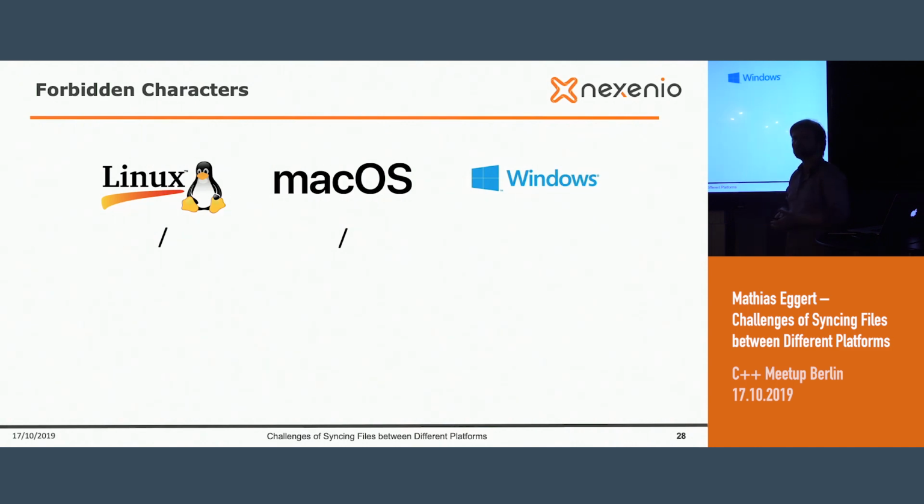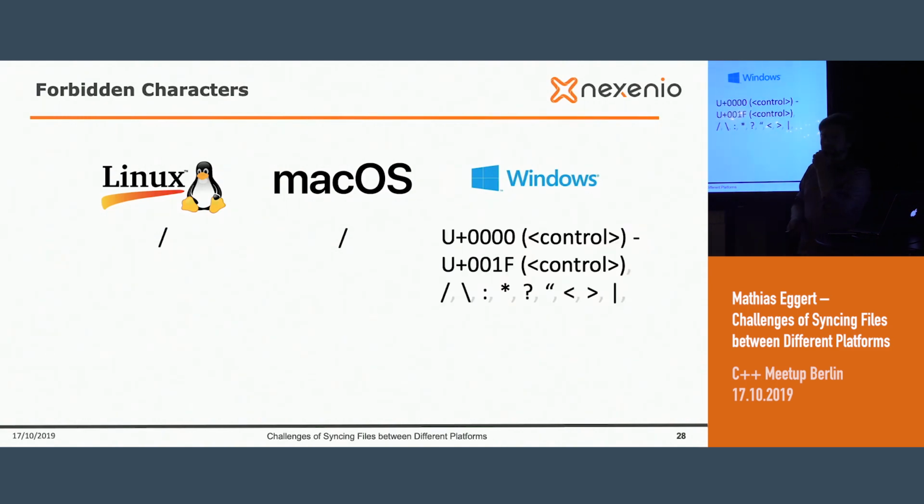I really would like to know if somebody can tell me why they are like this. I hope that you can tell me that. Under Windows, I really don't want to guess, because I guess every suggestion will be a hit. There are a lot of forbidden characters under Windows. First of all, the first 32 control characters from the ASCII table, and as well something like the path separator, which under Windows is the slash and the backslash.